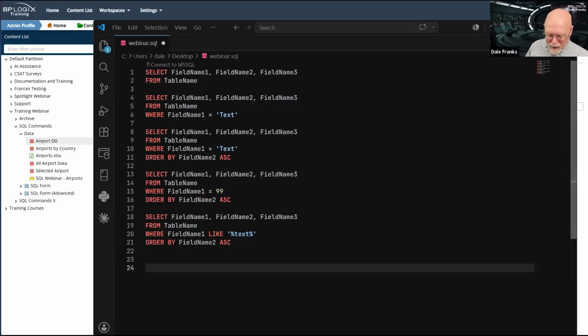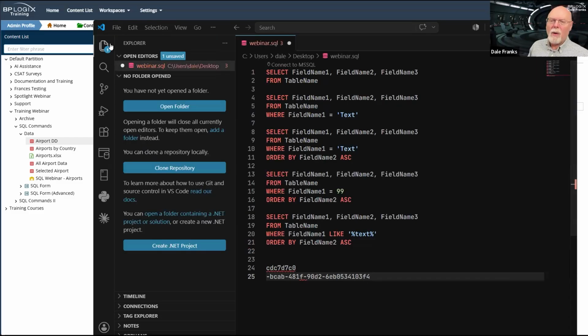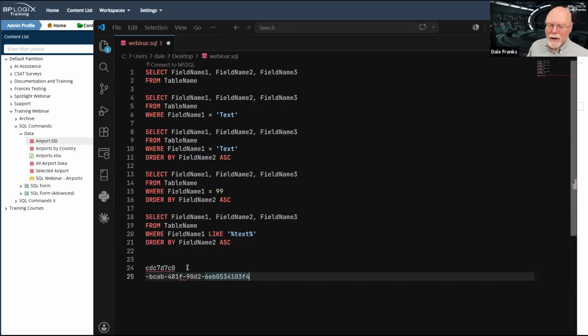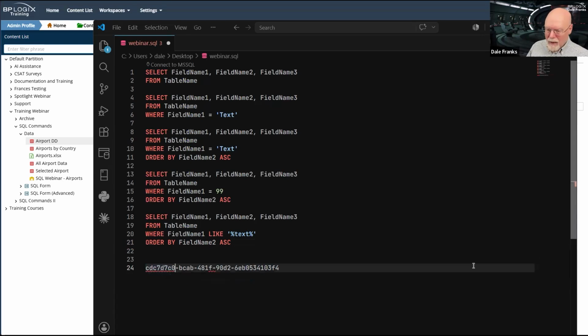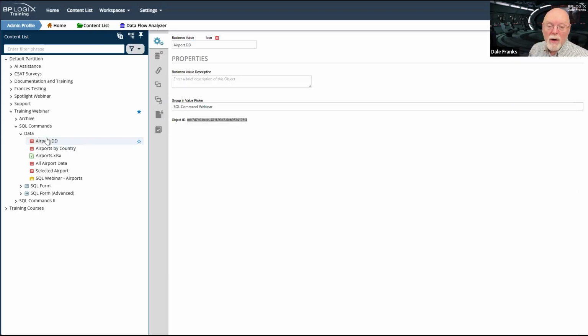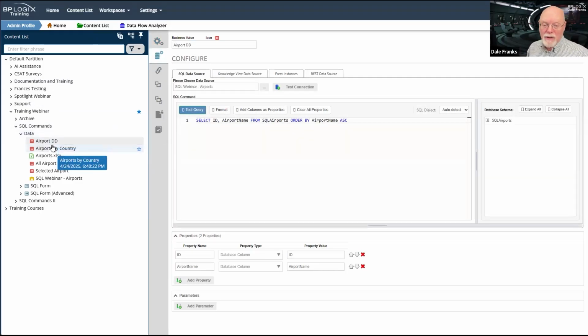Let me come down here and paste it in so that we can see it. I'm not sure why it went to a second line like that, but there we go. This is the ID inside Process Director for this business value. This is the Airport DD business value, which we'll talk about here in a second.